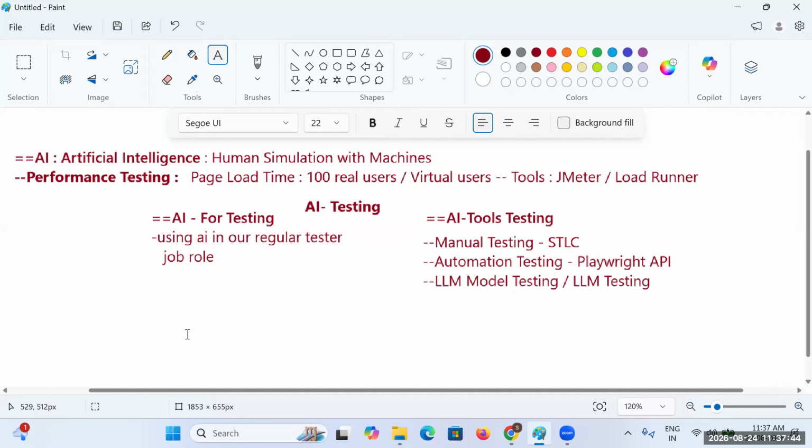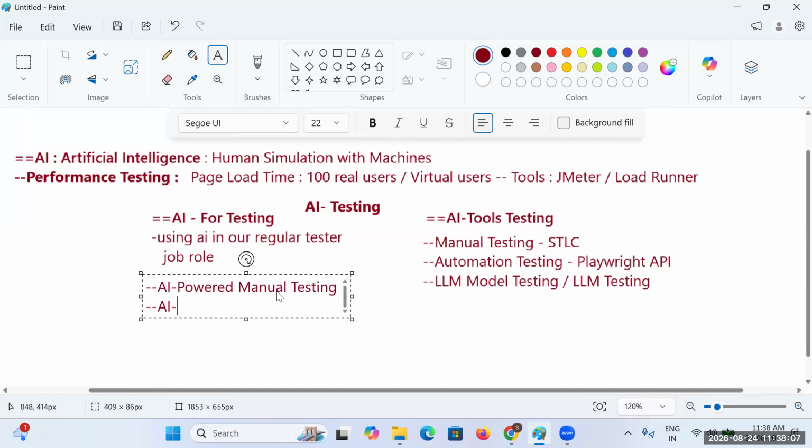So as part of this AI for testing, you will be taking these steps: AI powered manual testing, and after that AI powered automation testing.